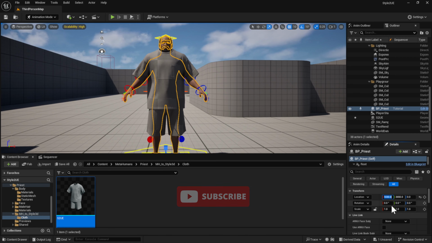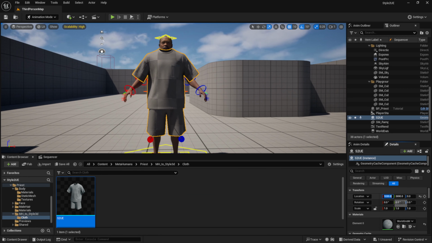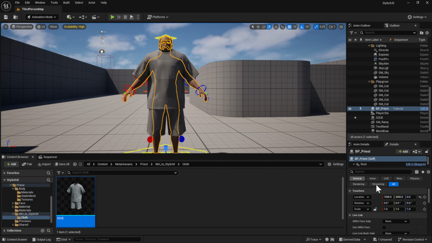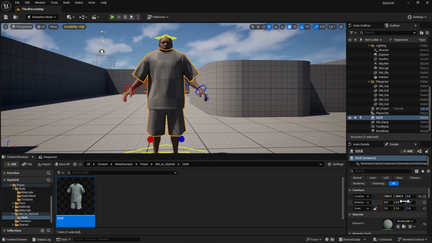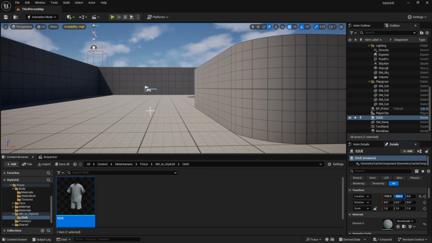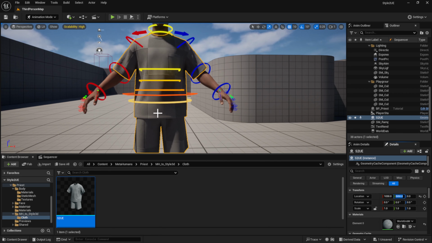The location here is 1030. I copy it and I paste it right here. Okay, the location on Y is 2650. I have to copy it and paste it right here. So 2650, and then here you go. So we have everything fitted,